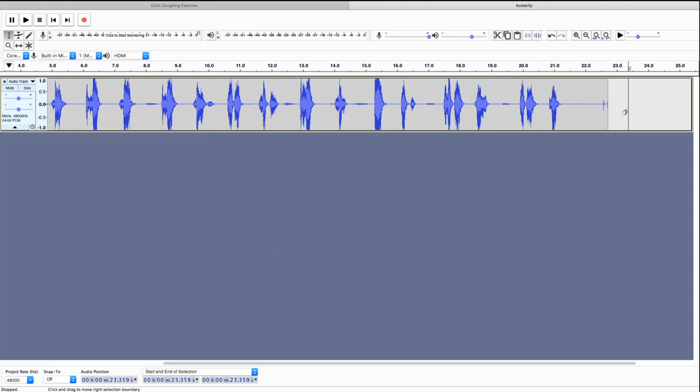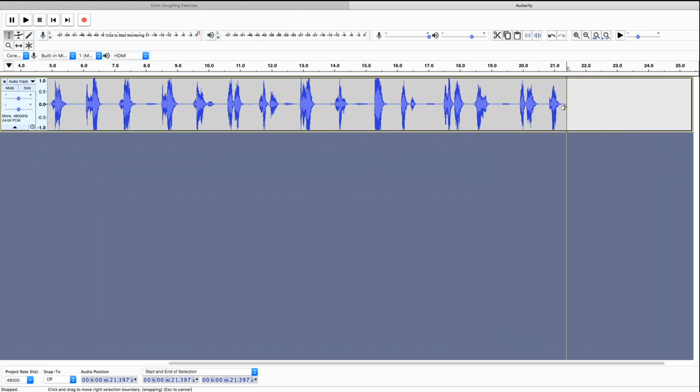So what we do when we edit with Audacity is we highlight the bits we want to work with. The bits of the track that we want to do something to. Okay? So this section here, I want to delete. So first of all, I need to highlight it. I highlight it just by dragging the mouse. Click with the mouse, hold it down, and drag it over to the left, because I'm going backwards, and then